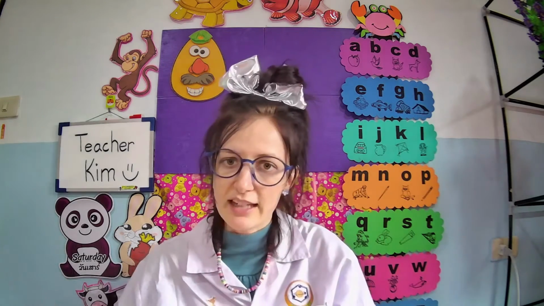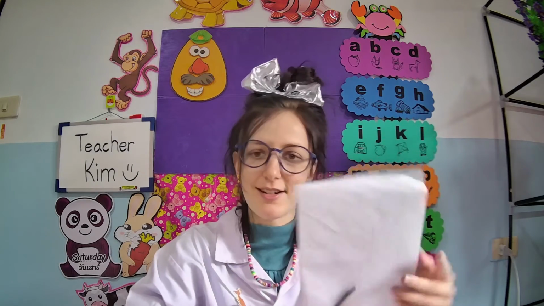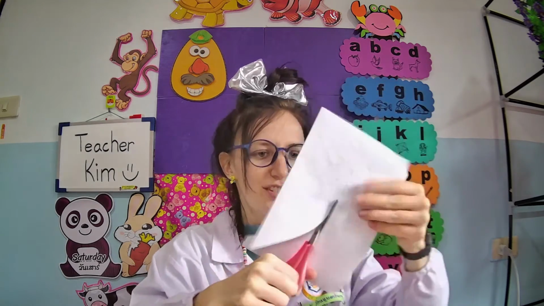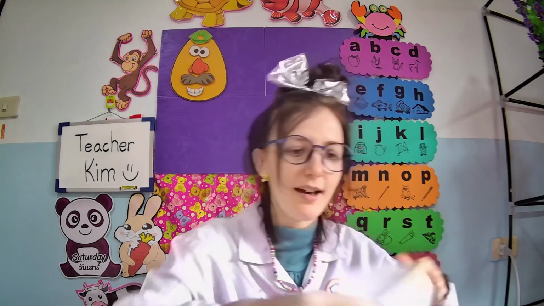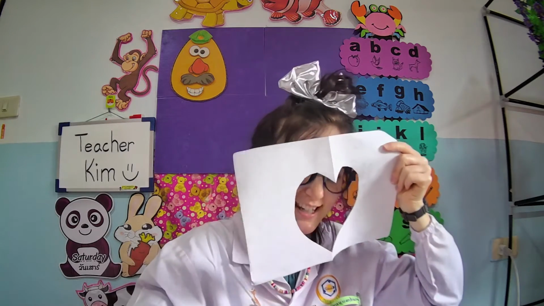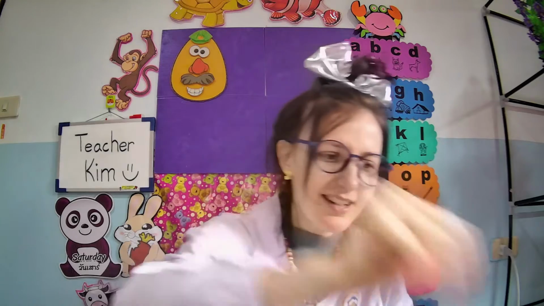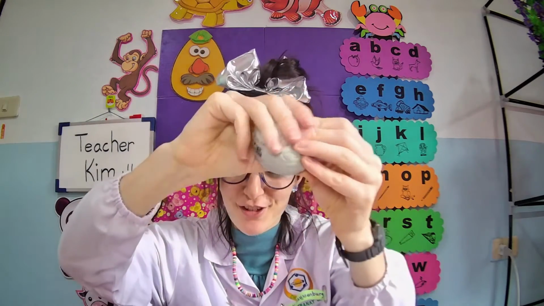Or I can use cutting like this. The scissors are an external force. Chop, chop, chop, chop. I am changing the shape of this paper. Voila. And now I have a new shape. The shape has been changed by an external force, the scissors, or I can just simply squash something. I'm using my hand as the external force to squash this brain and change the shape of the brain.